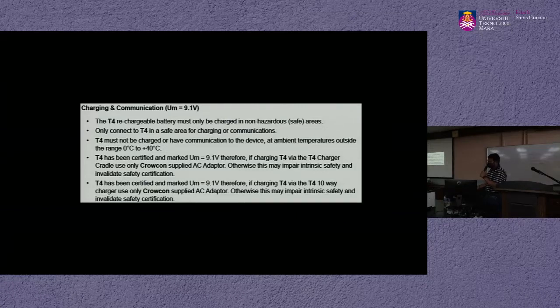T4 must not be charged or have communication to the device at ambient temperature outside of its range. If it is more than 40 degrees Celsius, then we need to charge somewhere more appropriate. Okay. And then T4 has certified and marked up of